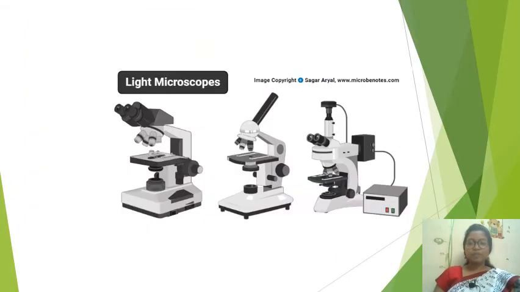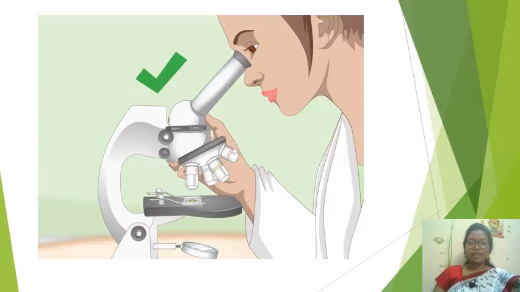Okay, now these are light microscopes. Different types of light microscopes are there. So the first one which I showed you, that was compound microscope, and it also needs light. In this light microscope, sometimes you have to plug it so that you can have light source through the electricity. And these are the different light microscopes which are available in the laboratory. So this is the way you observe the microscope to view the slide.